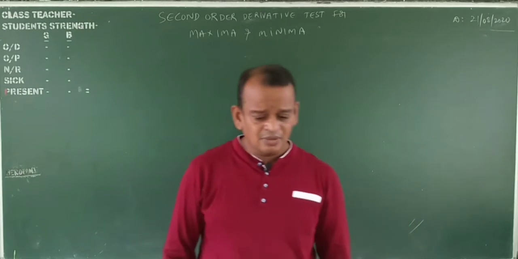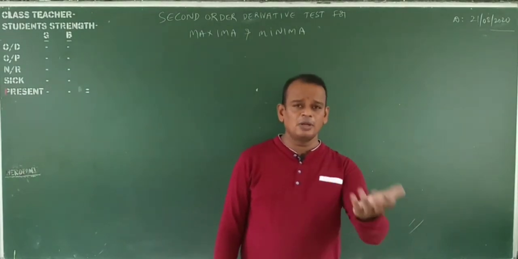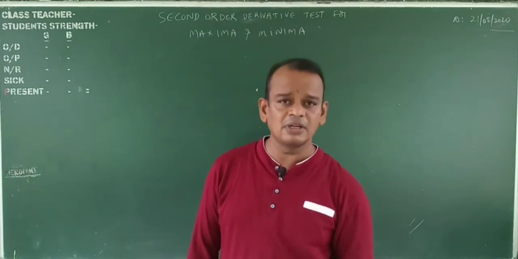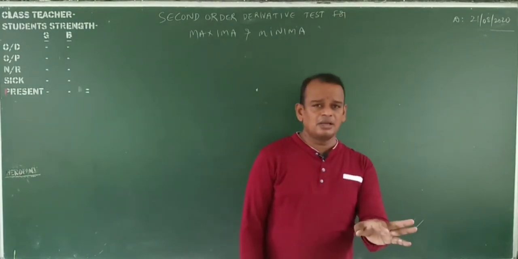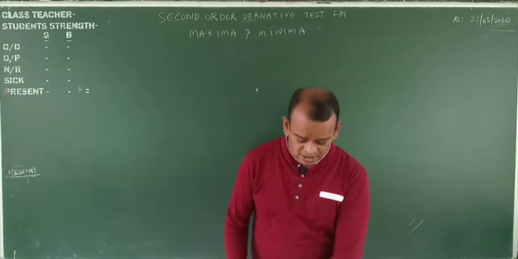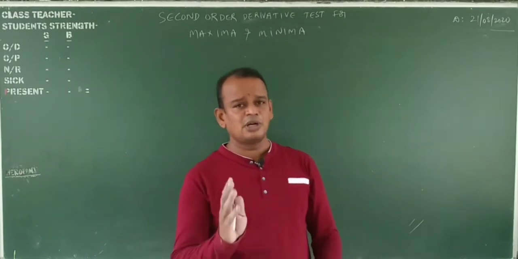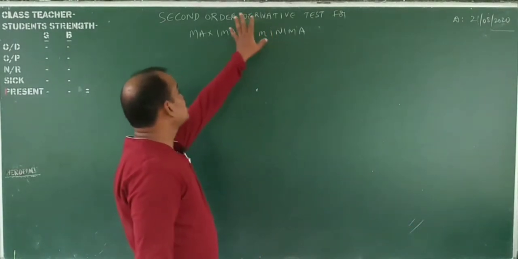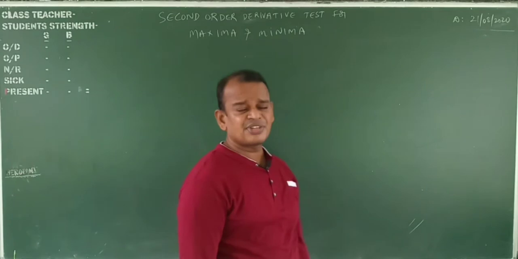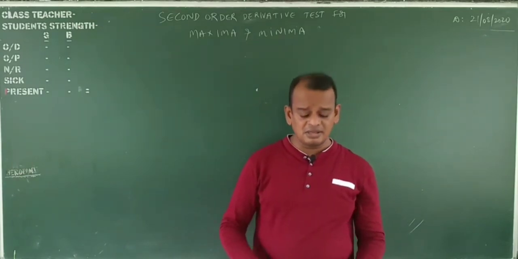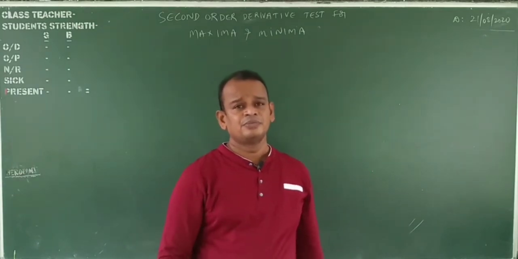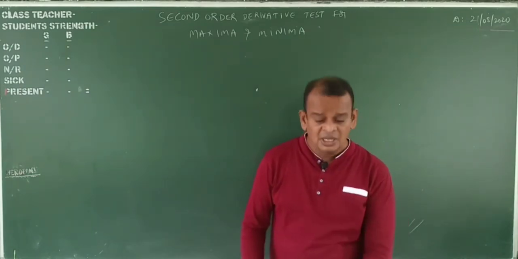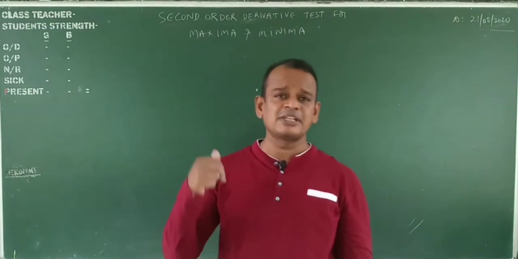Now, from the examination point of view, if they ask to find the local maxima and local minima by using the first order derivative test, we will do that. But if they ask nothing, just "find the local maxima and local minima of the function", then 100% you apply the second order derivative test. The second order derivative test is very useful. After that, applications and long answer problems are also done using this one only. That's why in maxima and minima, you will mostly use the second order derivative test.